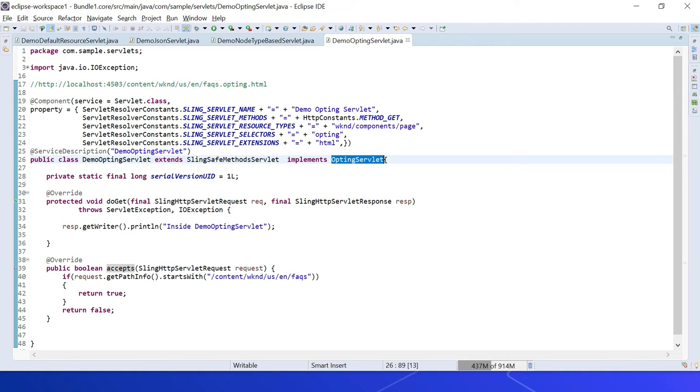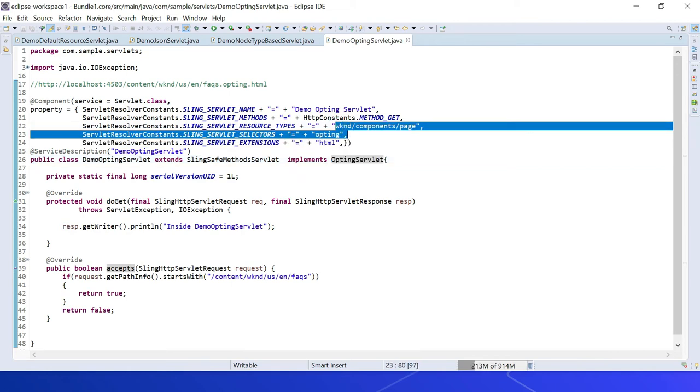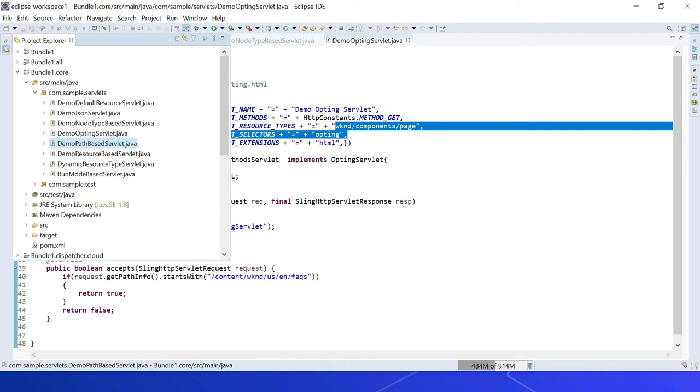For all the remaining requests it will return false. Means this servlet responds only for requests with a path starting with /content/weekend/US/EN/FAQs, and won't respond to remaining requests. The servlet can be accessed like this: weekend/US/EN, because we are using this resource type, then FAQs.opting.html.